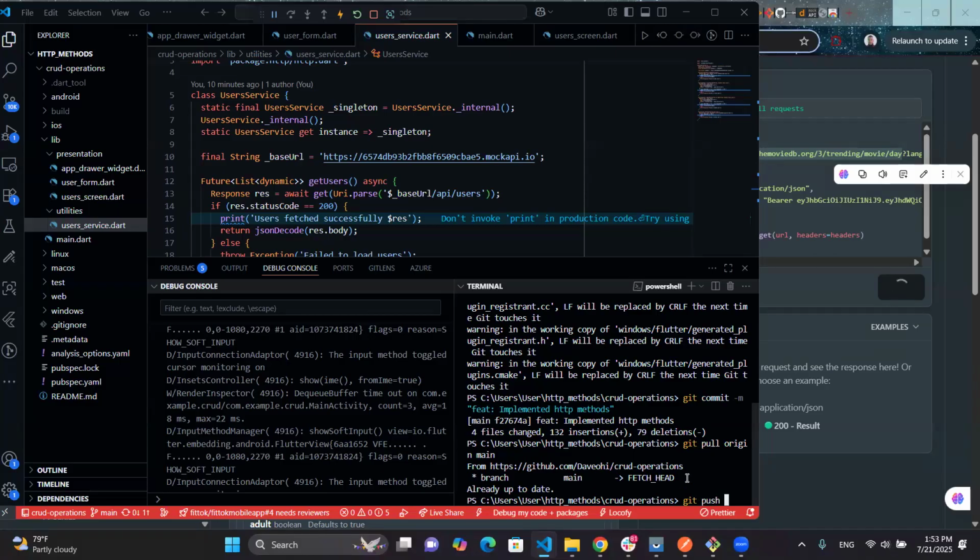Now, the reason why it's saying already up to date is because I'm not working with any other developer that might have pushed his work, and probably his work has been merged. It is only when I'm collaborating with many developers, and they have pushed their work and their work has been reviewed and merged, then I'll need to update my current branch with the changes, and then push. So then push origin